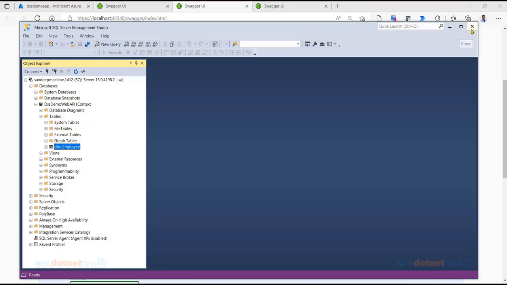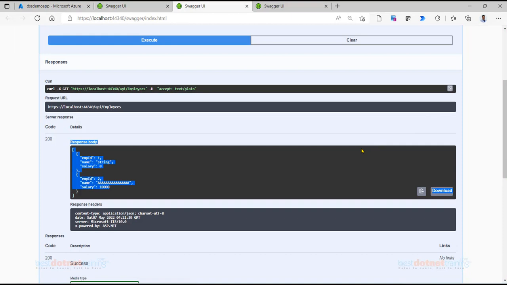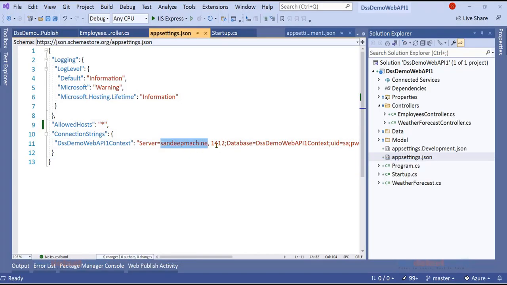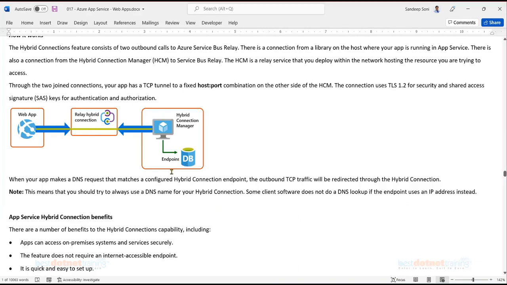Using hybrid connection, you are able to connect to the service running on my machine by just using the host name and the port number which are accessible to my machine. That is important. Though the entire demo was given through a single PC, the same thing is applicable even for an on-premise organization setup. On the machine where we have installed the hybrid connection manager, the service name and its port should be accessible, and the same thing should be used in hybrid connection. So this is what we have achieved.